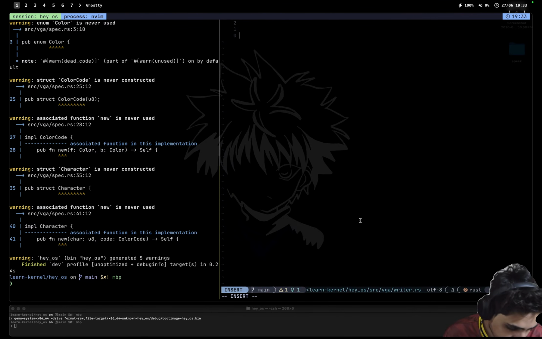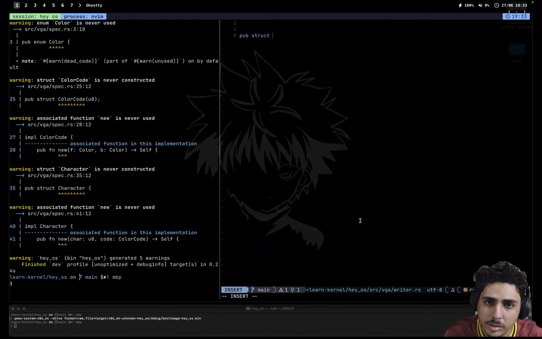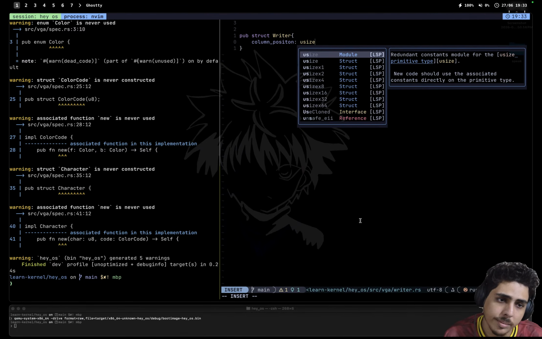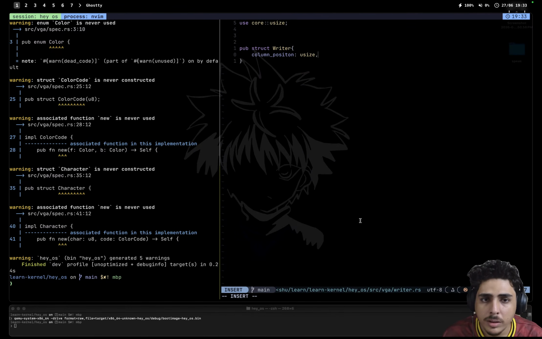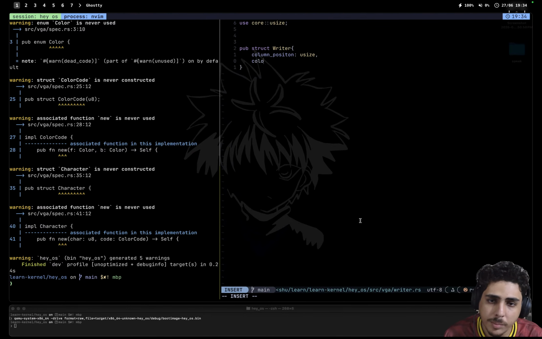Let's start. So we need a struct called writer. Okay. We need column position. It's gonna be a u8. usize. What is the thing again? New code should use the associated constant directly in a primitive type. Okay. Oops, sorry. Yeah, color code,